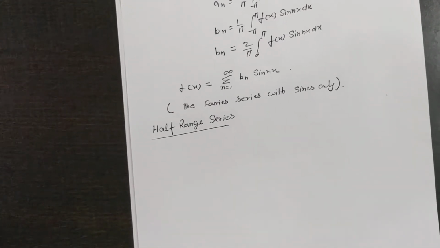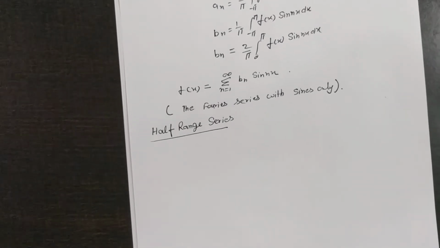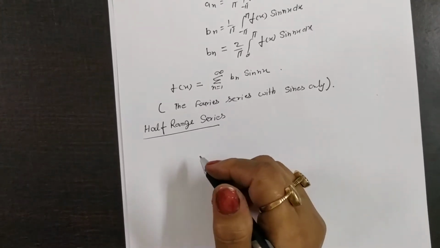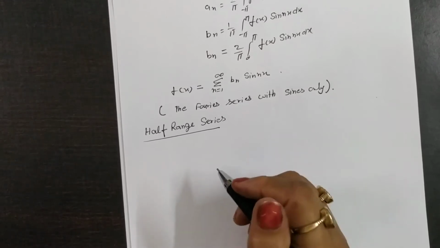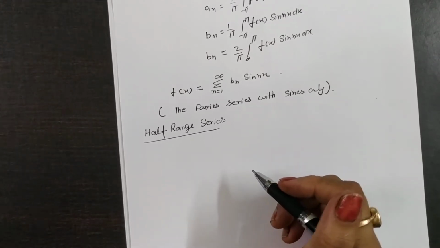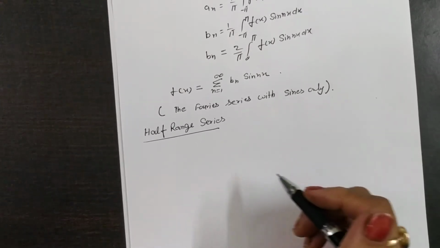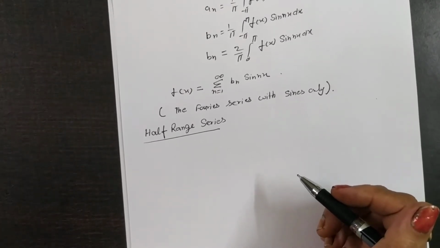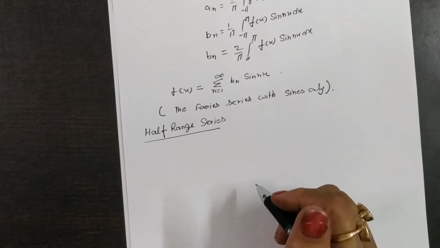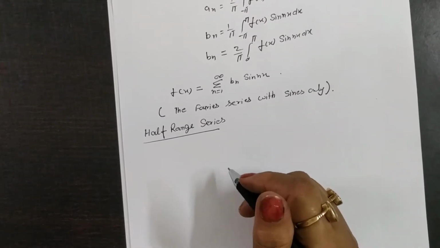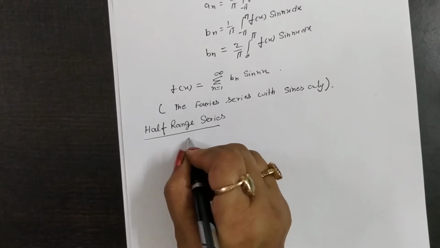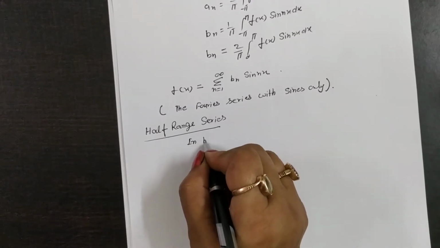Yes, student. Now I defined you half range Fourier series. Actually, a half range Fourier sine or cosine series is a series in which only sine terms or cosine terms are present in a half range. Therefore, in half range series,